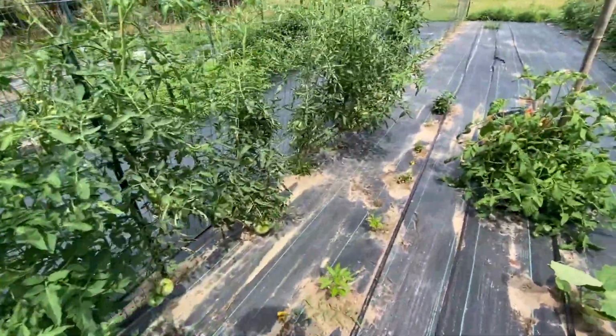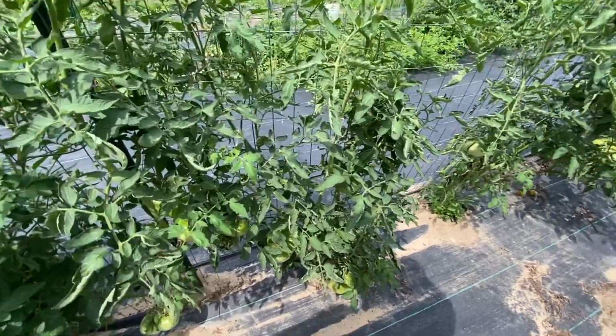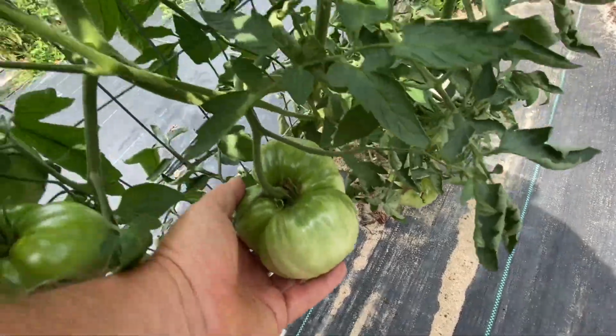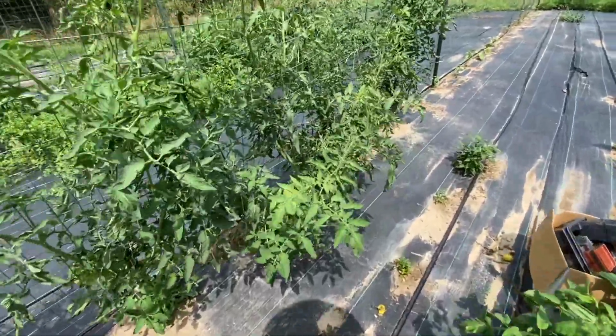Now these white tomatoes are some of the biggest tomatoes I've ever seen. Look at this tomato. I mean, that tomato got to be 2 pounds. It's pulling the trellis down. Look at these